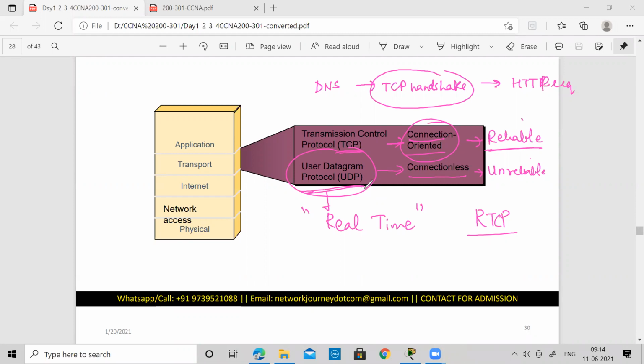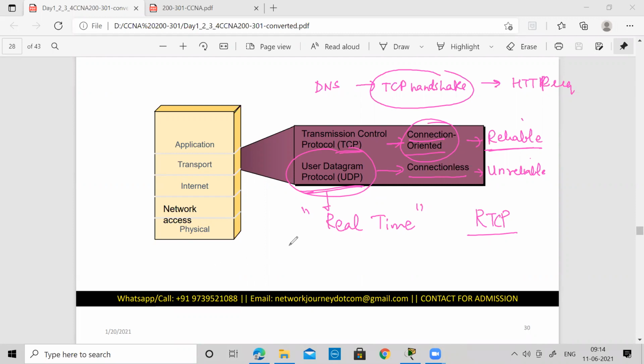So there is a kind of reliability it gives you, but there is an overhead it adds, so that all information is received properly before we hand over. In real time we just cannot afford something which asks for retransmission of a frame when you're watching a video. We don't want to spoil the quality of experience.